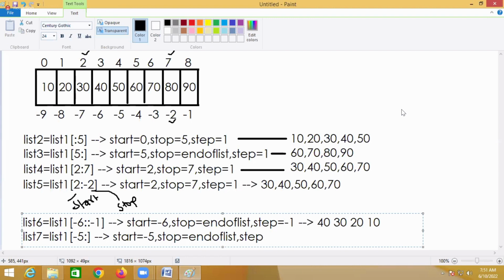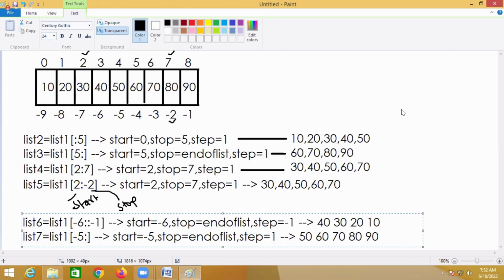What is the step? 1. So minus 5 plus 1 is minus 4, minus 3, minus 2, minus 1. It will read from minus 5, which means 50, 60, 70, 80,